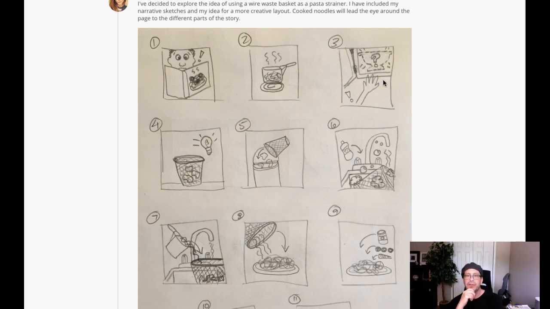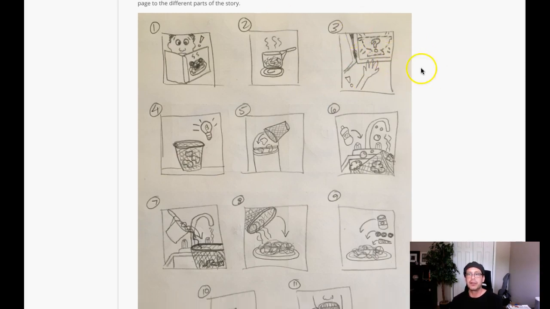So does the colander break? Maybe it breaks, or I don't know. Think about how, because that's a critical point. The introduction of the conflict is a critical point in any narrative. You have to admit, watch any movie on Netflix, watch any show, sitcom shows. It's the introduction of the conflict that really sets up the tone for the rest of the story. Introduction of a setting is one thing. Effective introduction of the conflict is a critical part of any narrative. So really think about how you're going to indicate that the colander is either missing, or it's not available, or it's broken, or whatever the situation is.